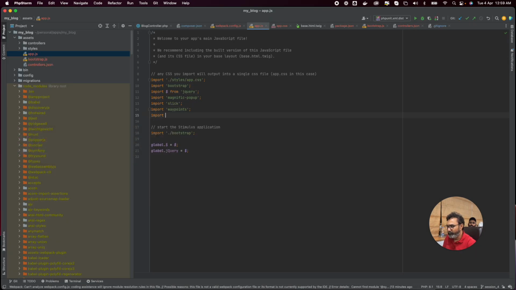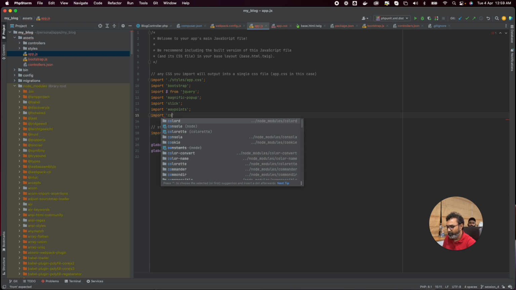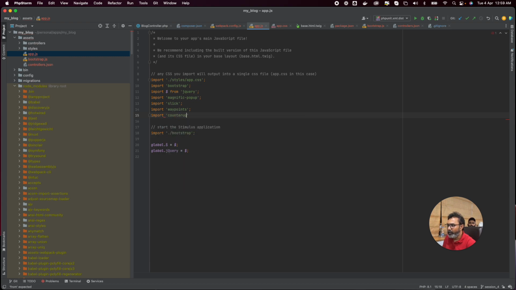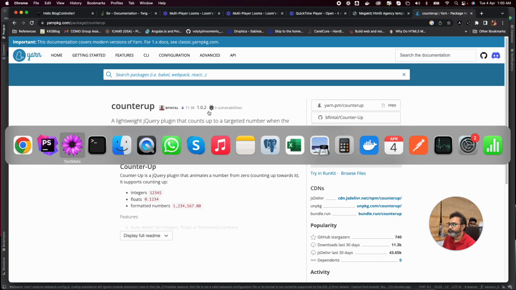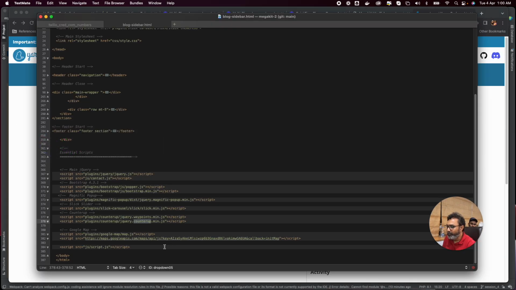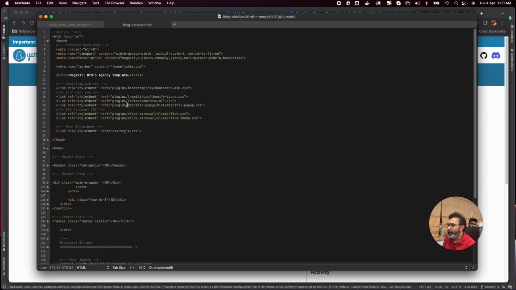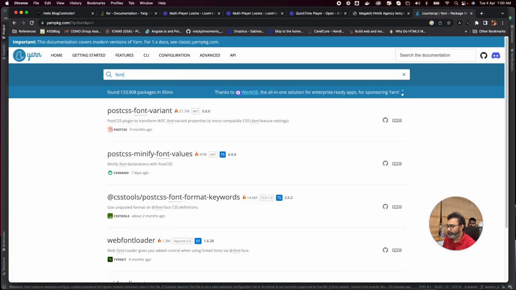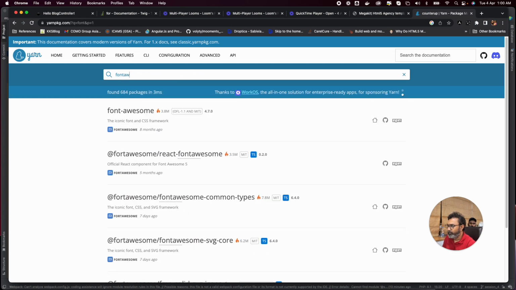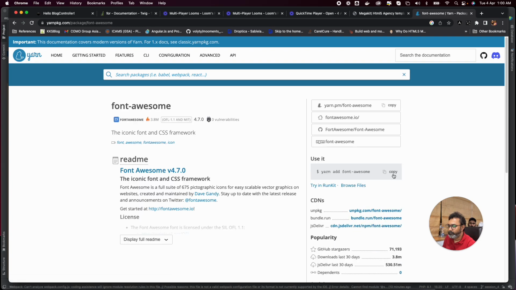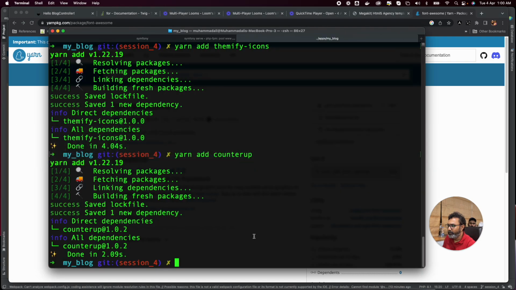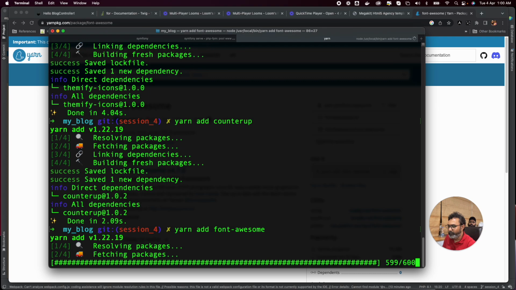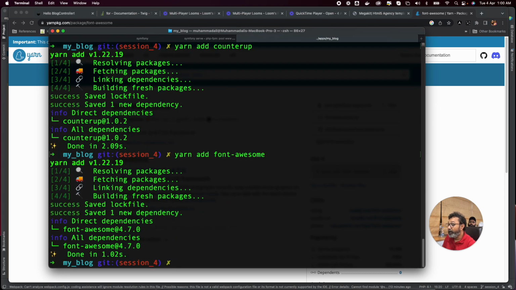Import counter up. Finally, map.js is not required, and we have themify icons and Font Awesome. Let's install Font Awesome as well. So I'm installing that package as well, and then